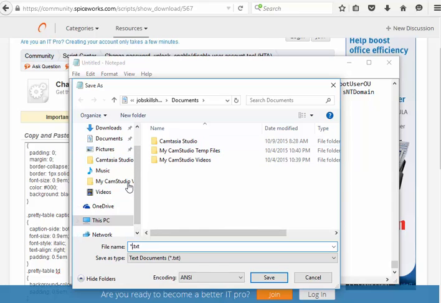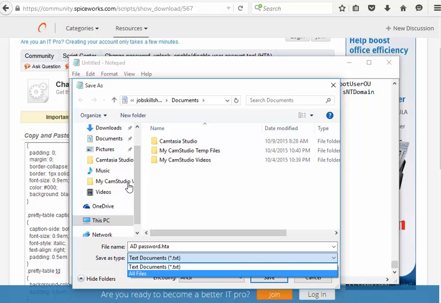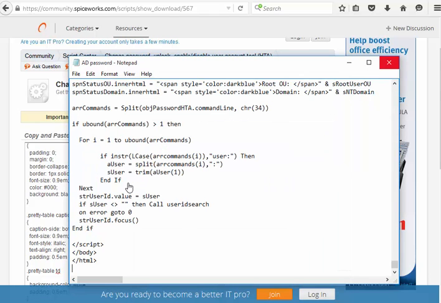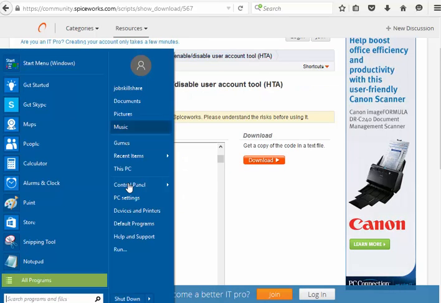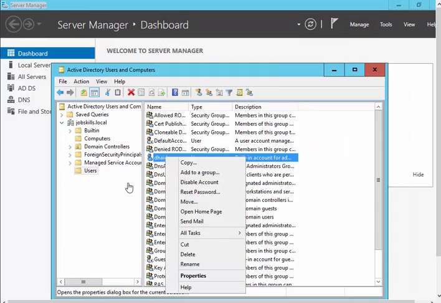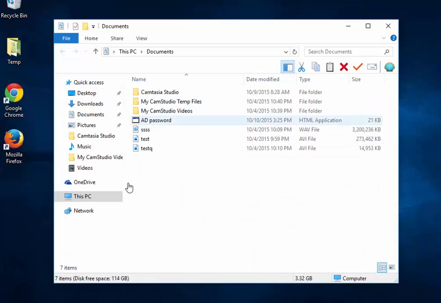I'm just gonna name it AD password, so I can remember, and you're gonna name this with .HTA. It's a format that it has to use, so you choose all files in here and then click save. Once you save that, go to your documents and you will see AD password right here.